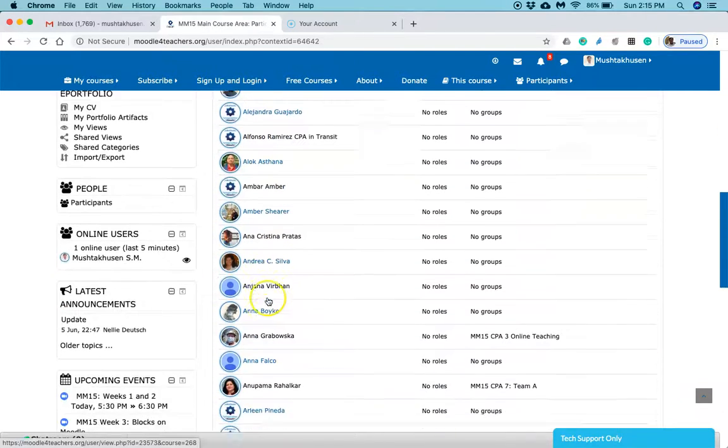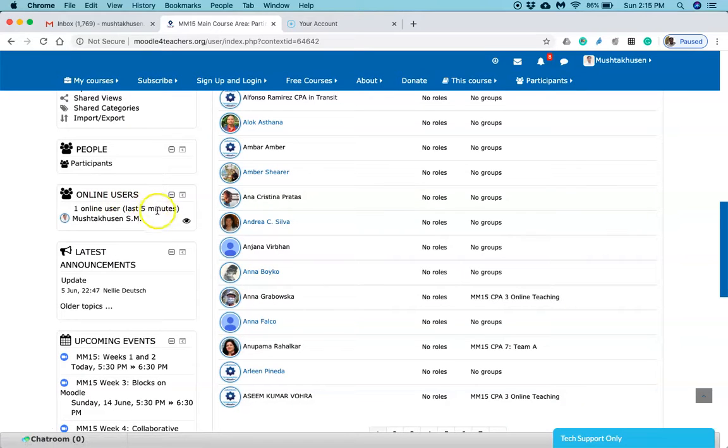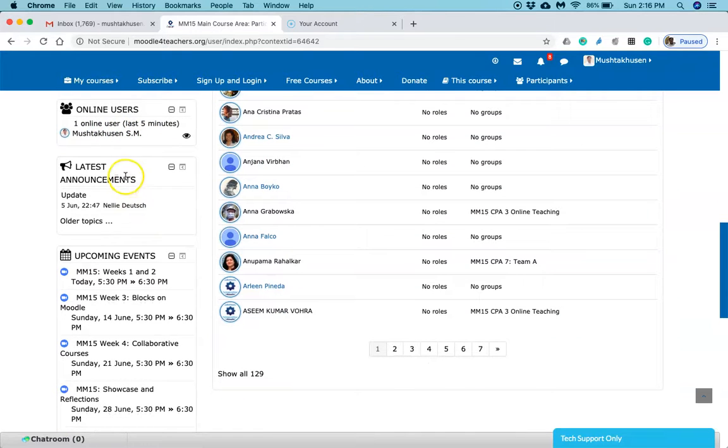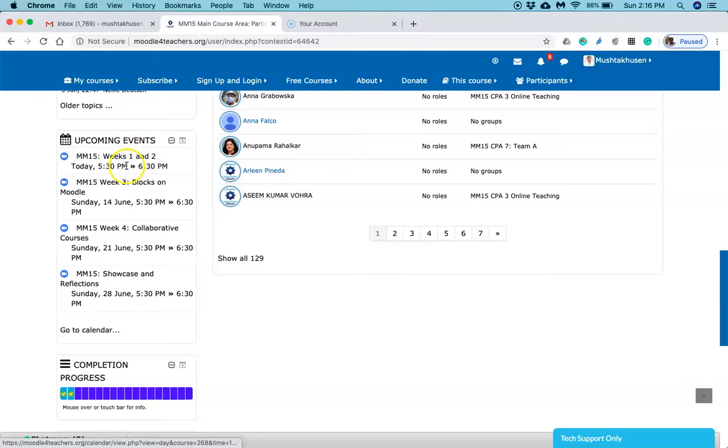Then after that, we have online users. Right now the status is I am the only online user on Moodle MOOC 15. If I have some more participants on this course, you will be able to see them here. Then latest announcements, which we have seen on the right hand side too, so you can see them over here. Then upcoming events, again this is repetition, so this is put on the right hand side as well as the left hand side.